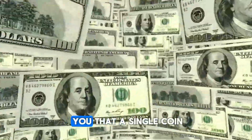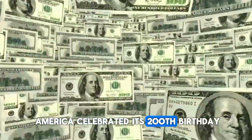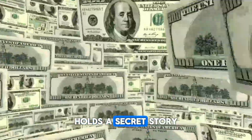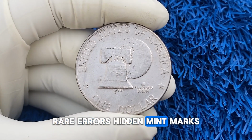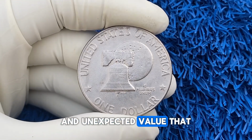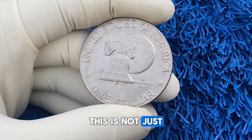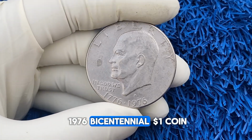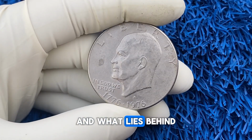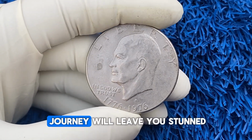What if I told you that a single coin, minted in the year America celebrated its 200th birthday, holds a secret story of patriotism, politics, rare errors, hidden mint marks, and unexpected value that collectors are still chasing today? This is not just any coin. This is the legendary 1976 Bicentennial $1 coin, and what lies behind its design, production, circulation, and numismatic journey will